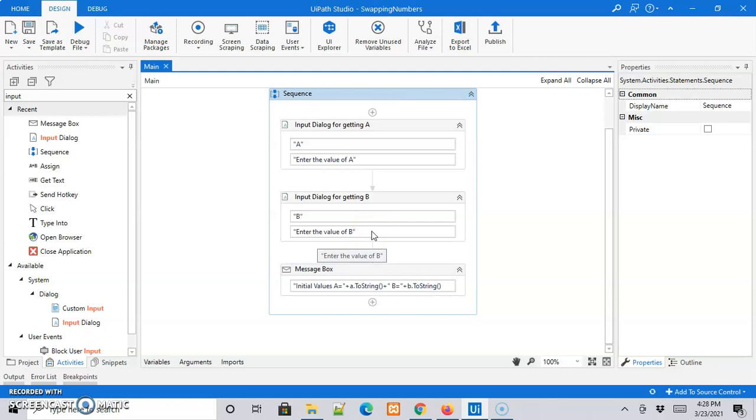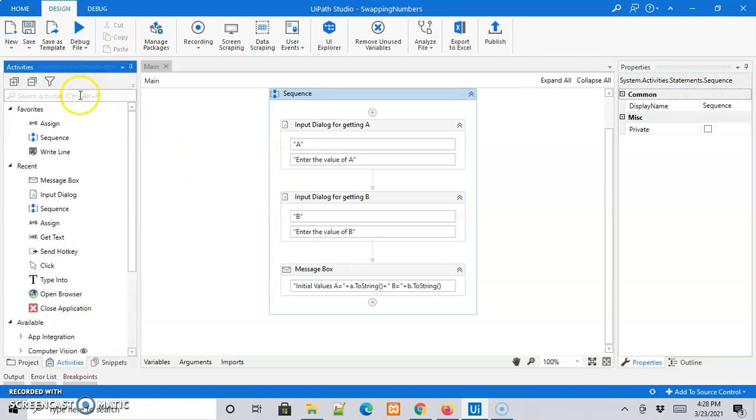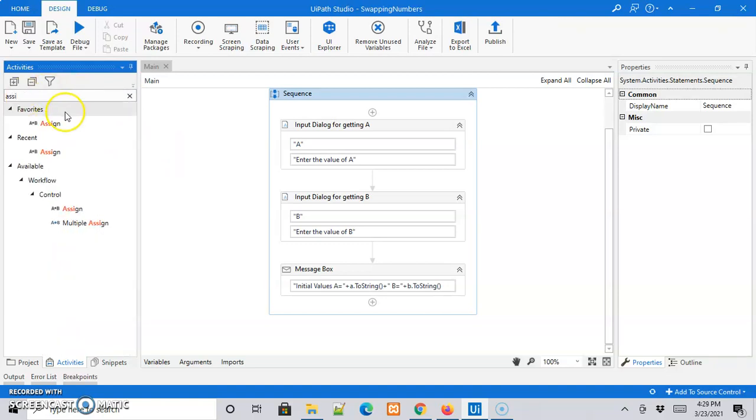Okay, now the task is to reverse the values of A and B with the help of a third variable. So how to do that? So we have already created a third variable C here. So the next task is to reverse the values of A and B. So how to do that? So for that we have an activity called assign. So we'll use this assign activity below this,